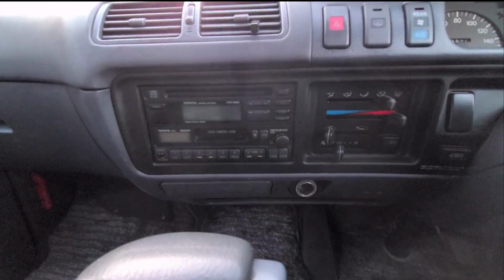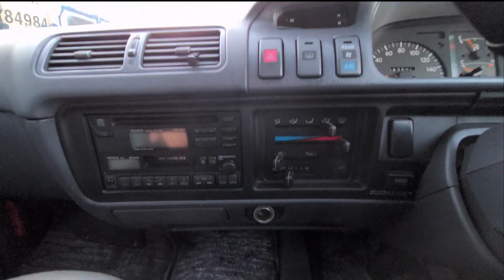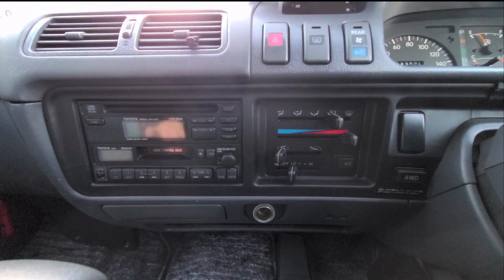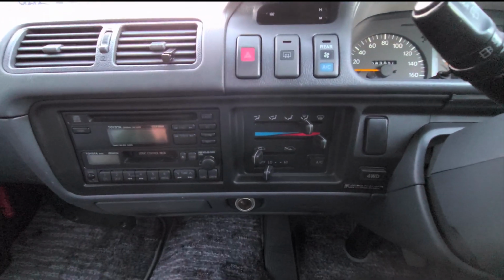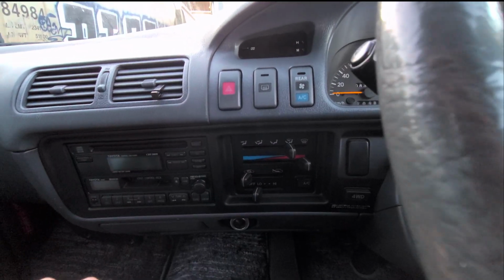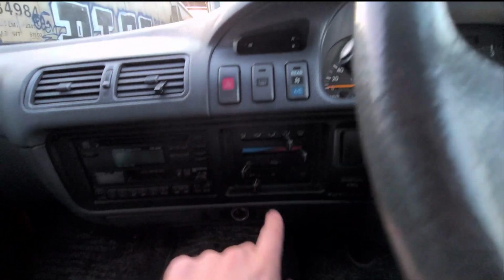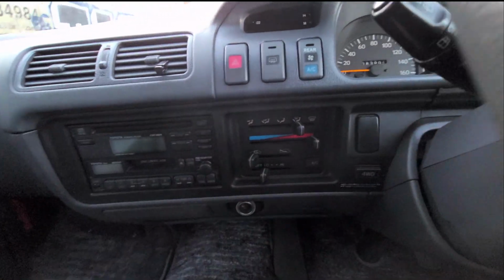So you got your pretty standard Toyota dash here. There's nothing super special about it, but it's just clean. It's precise. You know, everything is laid out where it should be, all within one arm reach of your driver's seat. You've got your rear AC controls, your rear defrost, your hazards, basic climate controls right in there,